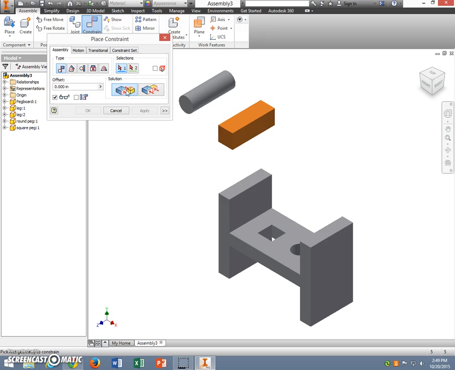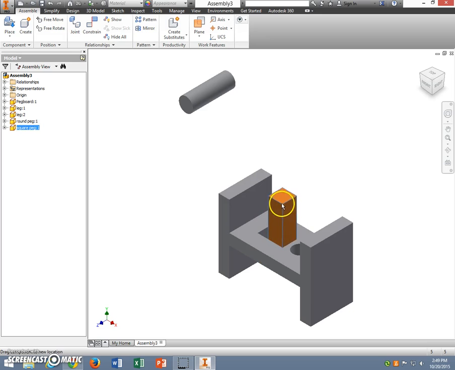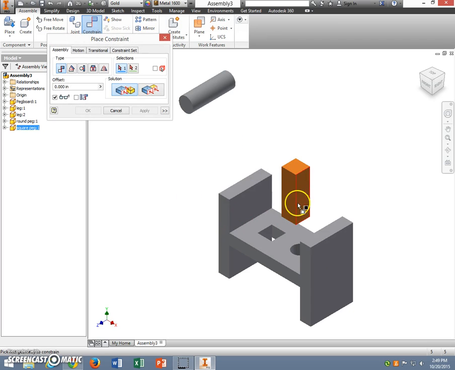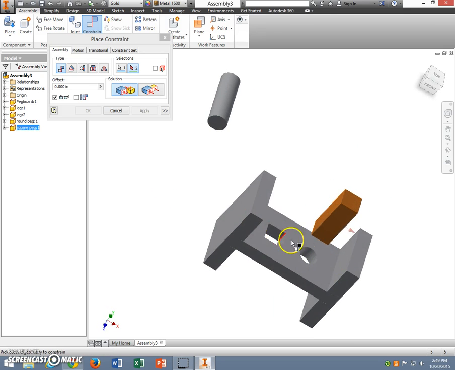We're going to go back to mate, and I'm going to make two sides to the square. So I've got that side, and I'll mate it to one of the insides of the pegboard toy. Apply, and now I'm going to have to cancel it, and I'm going to move that out of the way. Now I've got the one facing away from me joined. So I can pick any of these other sides, and I have to make sure I click the right one. So I want this side to join the inside right here,